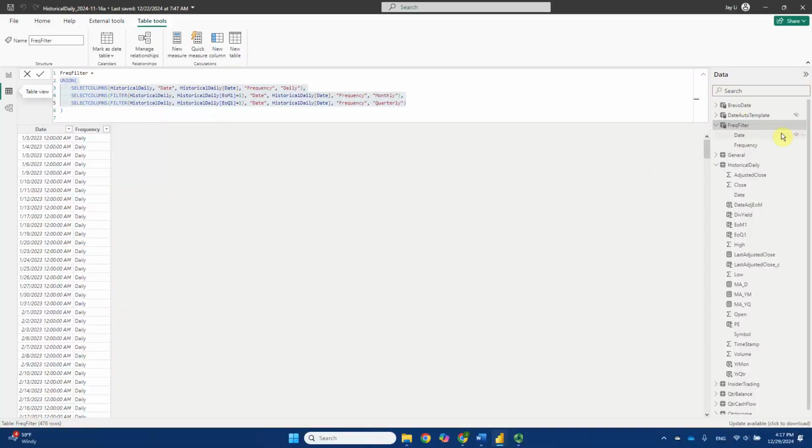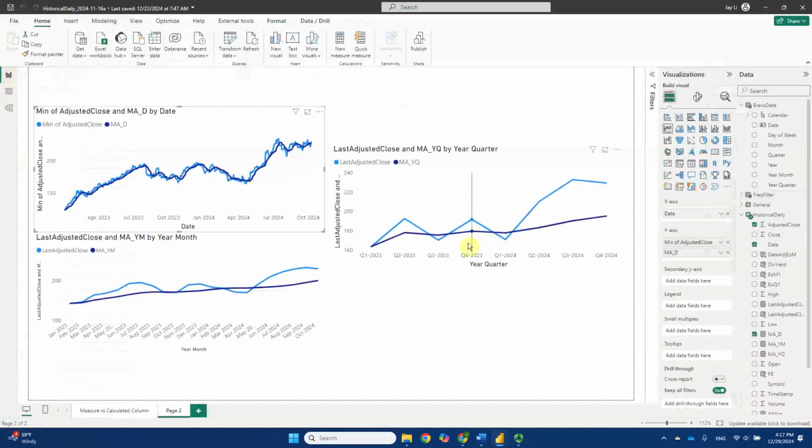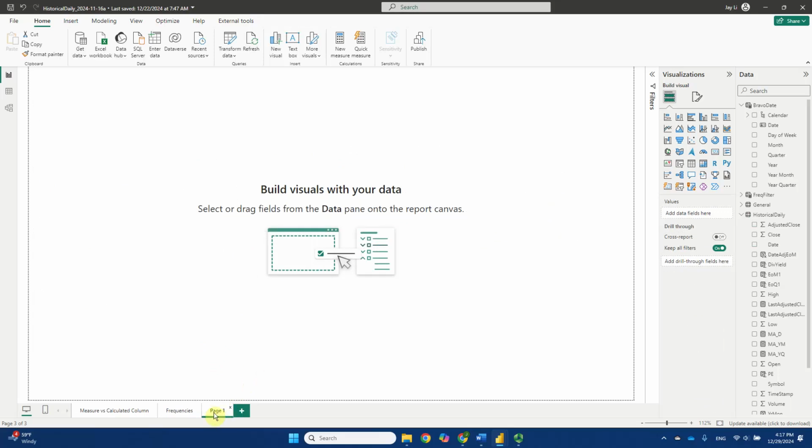So after we constructed this frequency filter table, we can go to the bureau and introduce a new report. So the previous report here, which shows all those daily frequency, monthly frequency, and quarterly frequency, I'll give it a new name. I'll call it frequencies. Okay, but we're going to work on a new report page. I'll call it